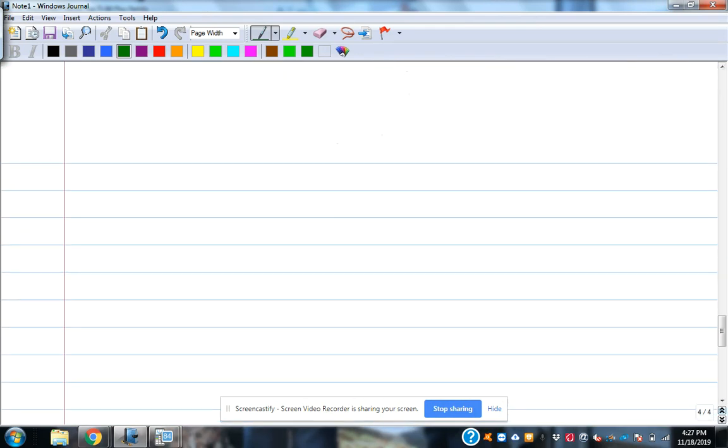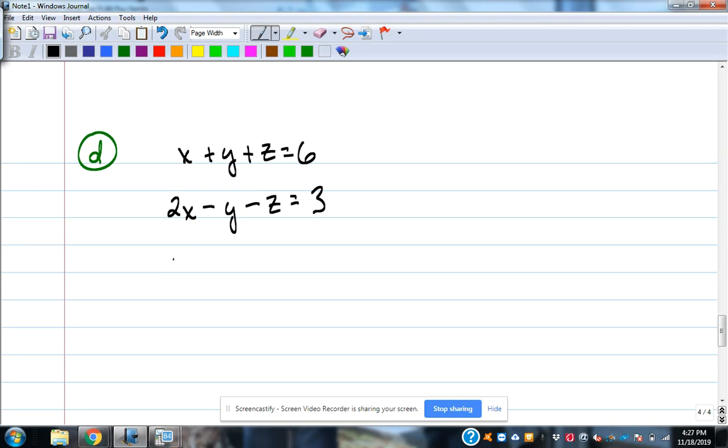Let's look at example D. X plus Y plus Z equals 6. 2x minus y minus z is equal to 3. X plus 2y plus 2z is equal to 0. So we've got a three variable system here, and we're going to try to solve it. We're going to use the matrix method for solving it because that's the best and quickest way, especially with three variable